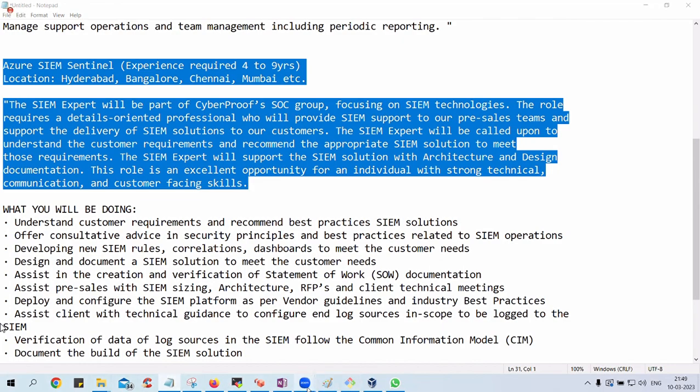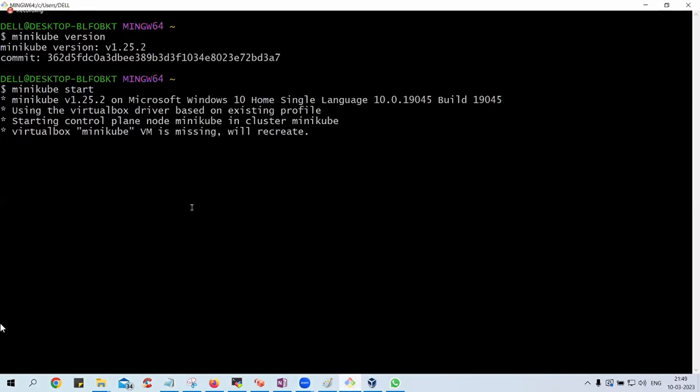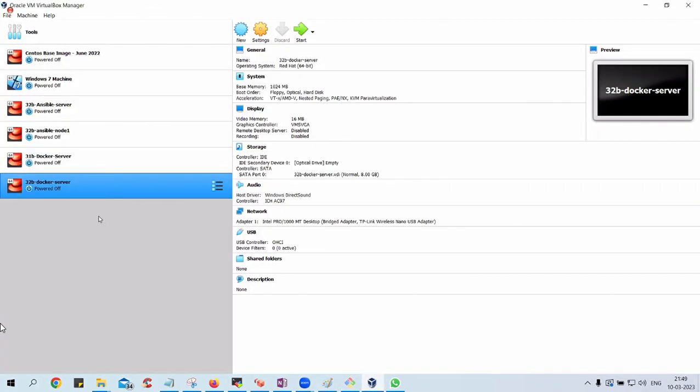So what is happening with the Minikube? It's not even doing anything. Huh? Why? Divya, you have to say you trust it. Accept it.